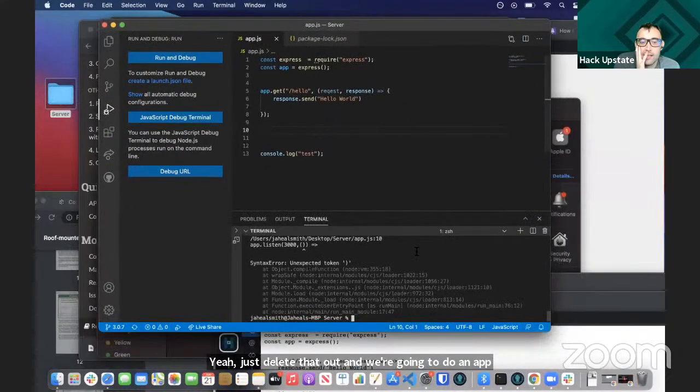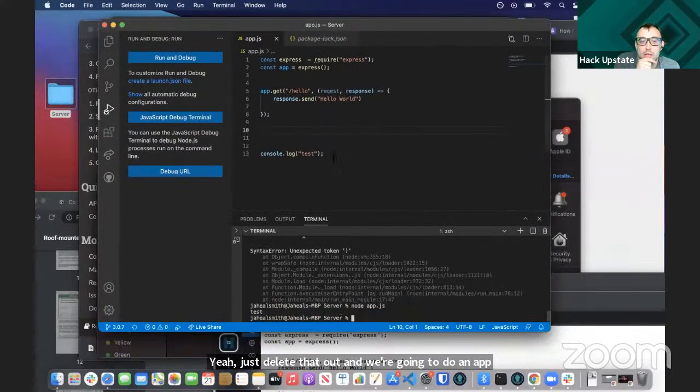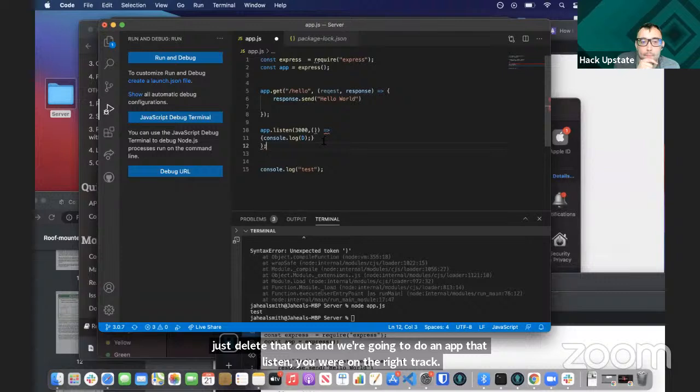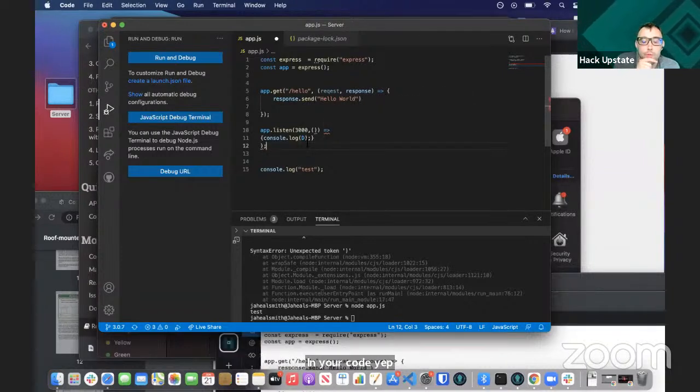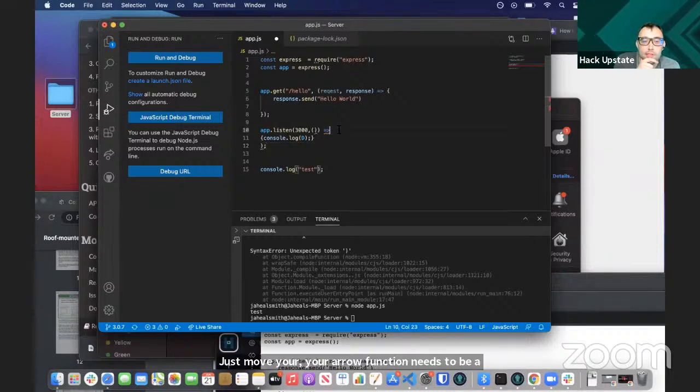You were on the right track in your code. Yep. Just move your arrow function, it needs to be between the two closing parentheses. Yep, and then your curly brace console log needs to be after the arrow, but yeah, you got it.